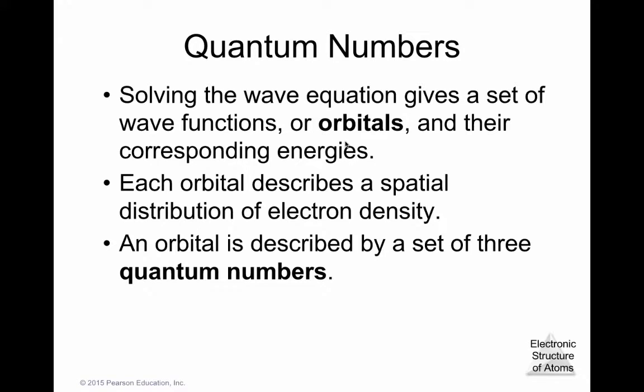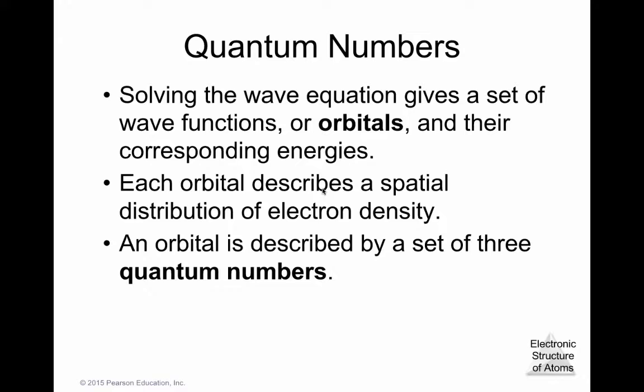Different orbitals have different energies, and what we're going to do is describe those orbitals using a set of what are called quantum numbers. And we didn't do this in regular chemistry. This is another way to show where electrons might be and to describe, for example, how they're spinning, that sort of thing. So each orbital